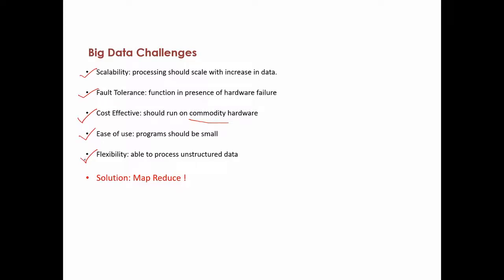And lastly, you can probably work with some existing distributed database management system where you don't have to bother about these things, but then you lose some amount of flexibility. So you may not be able to process unstructured data. Let's say you want to process graphs, sequence data, images, videos. There are all kinds of unstructured data that you may want to process, and you may not be able to do this using the existing solutions.